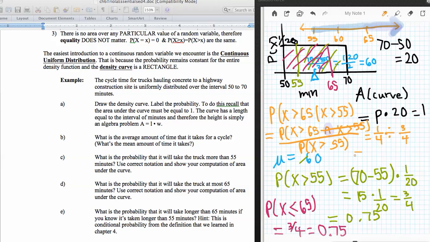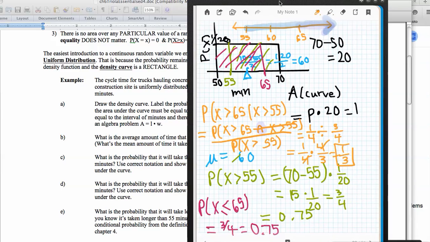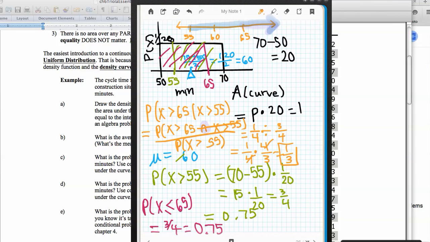And when we divide fractions, we multiply the first fraction by the reciprocal of the second fraction, and so the 4's cancel out, and that probability is 1/3. So that would be the probability that it's going to be more than 65 minutes, given that we already know we've waited for 55 minutes. And this idea here, again, is just to solidify really the idea of the area under the curve being equivalent to probabilities. And we can see that we can actually find that with these